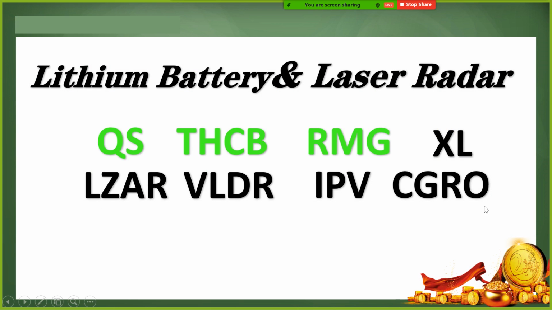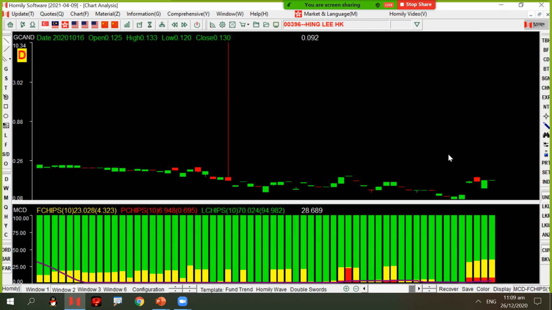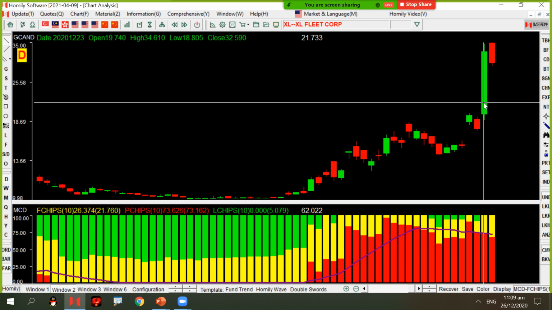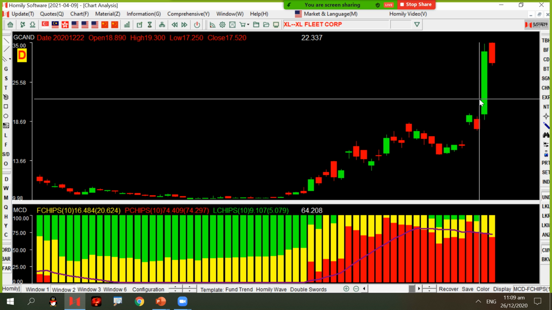Then like these 4 are for the laser radar: LZAR, VLDR, RPV, CDRO, right? It's the laser radar. Then the first 4 shares are related to the EV or lithium battery. Let me share with you the XL. You check the XL Fleet. Okay, I remember just on 23rd December this year, in one day it rose up 80%. The same, SPAC IPO and